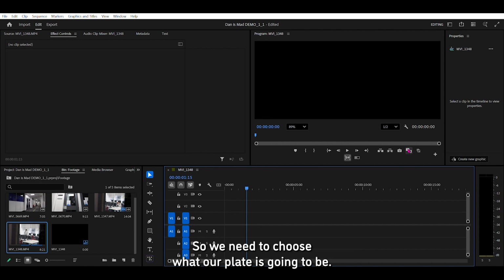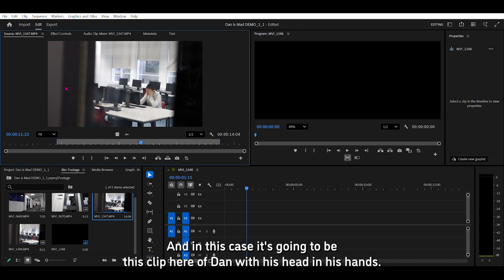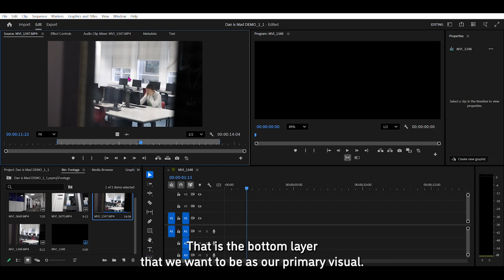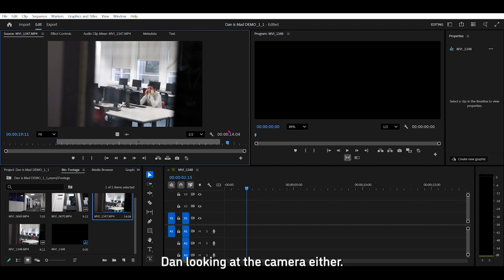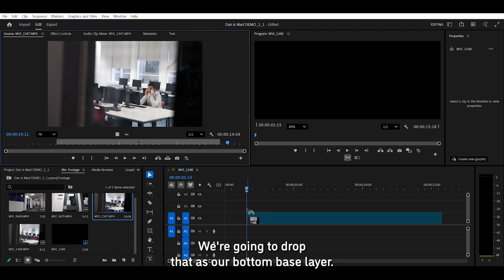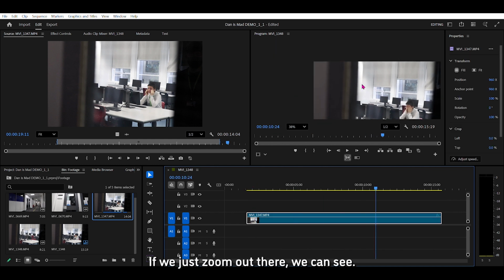So we need to choose what our plate is going to be, and in this case it's going to be this clip here of Dan with his head in his hands. That is the bottom layer that we want as our primary visual. I've already marked the in and the out points to just the usable bits of footage. I don't want Dan looking at the camera at either end. So let's just take video only. We're going to drop that as our bottom base layer. If we just zoom out there, we can see